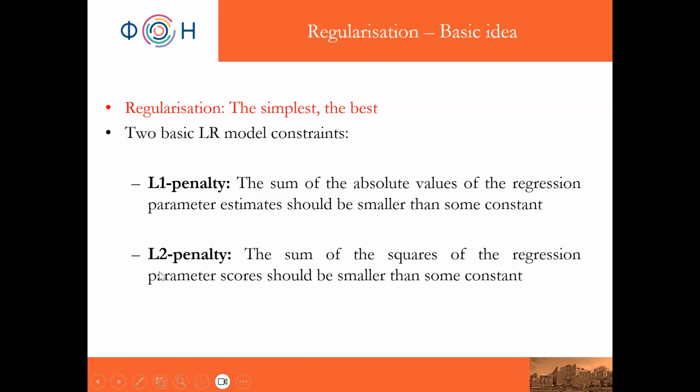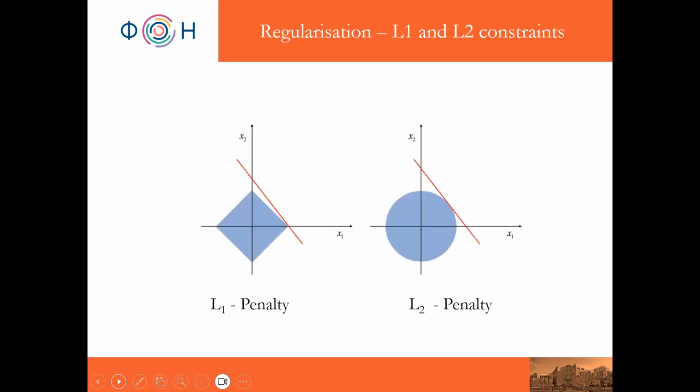The other penalty which we have is that the sum of the squares of the regression parameter scores should be smaller than some constant. We're going to go through each and every penalty in more detail, and we can also present them